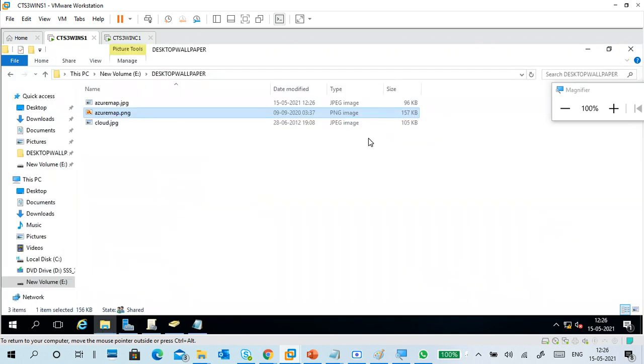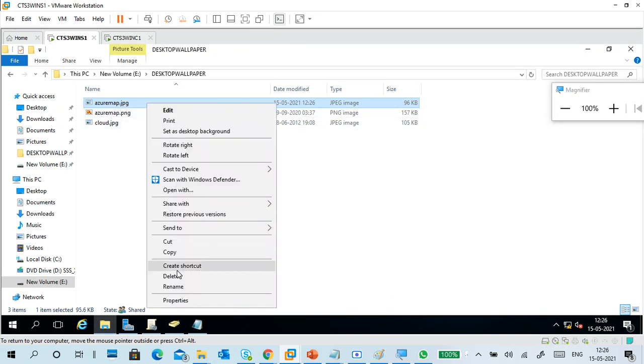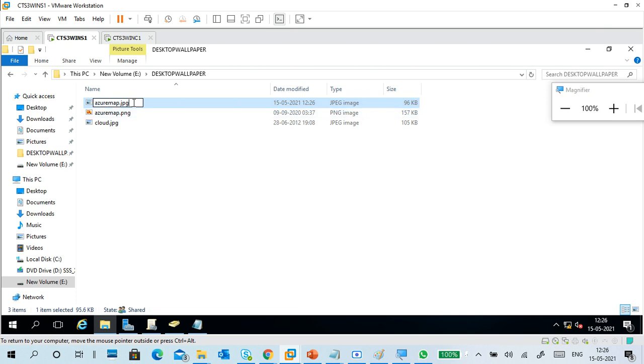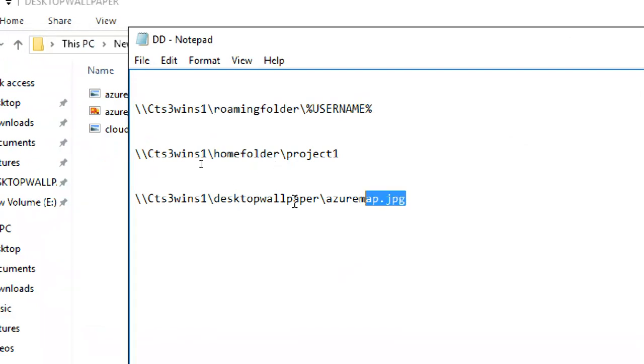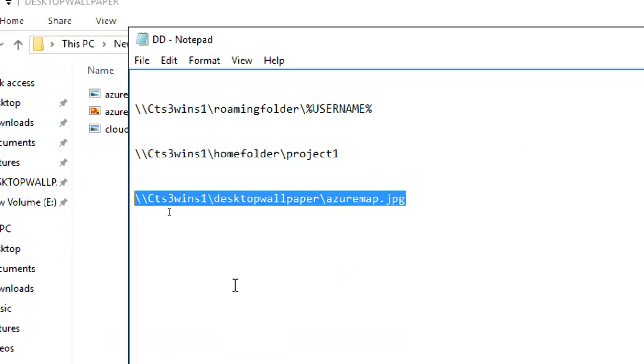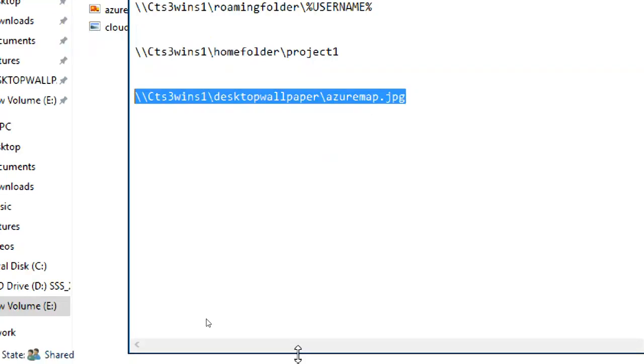When you do Save As, the size also reduces automatically. Save as Azure map JPG, so remember that one. Otherwise, go to rename and copy it completely like this. Then put a slash, copy here, paste here. See, like this. I'm using this link. Control C.